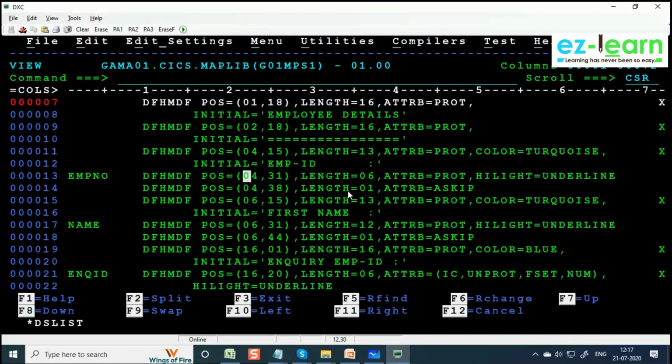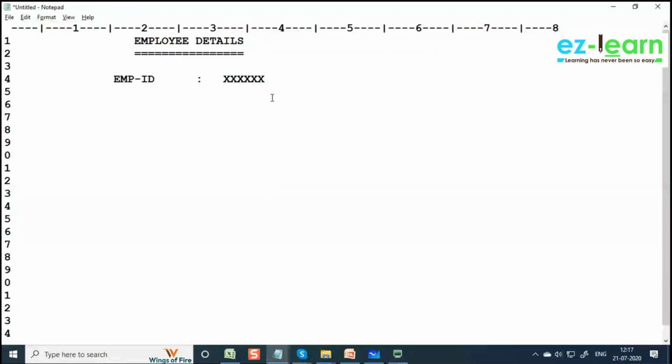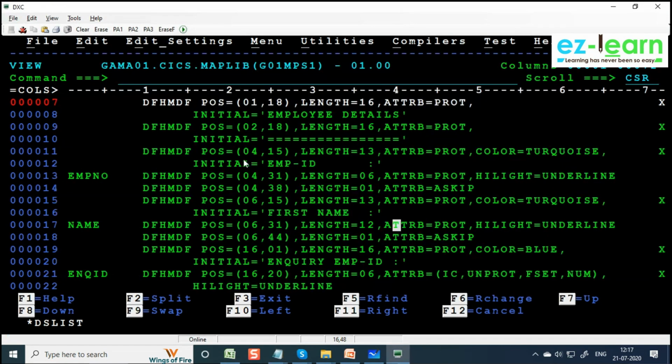So this is how we have it, because we have a skipper field here. So where should the skipper field exactly come? Skipper field should come immediately after this. Skipper field is one field which is hidden, and skipper field will also have an attribute. After this, for any unprotected field, we give a skipper field in